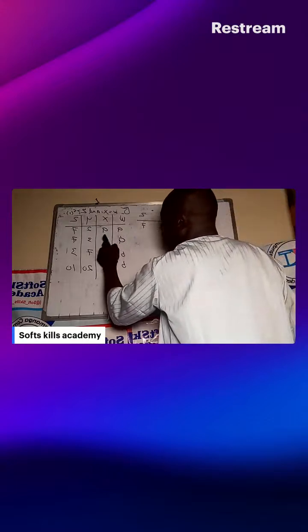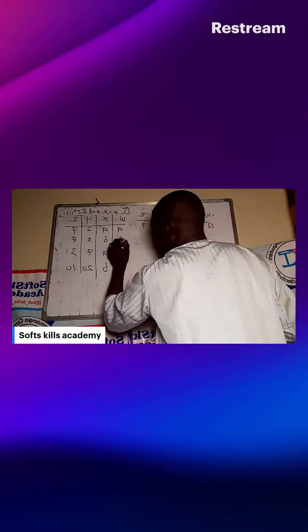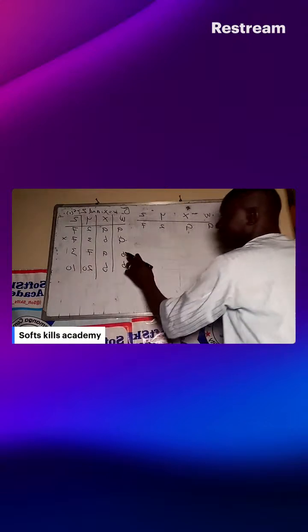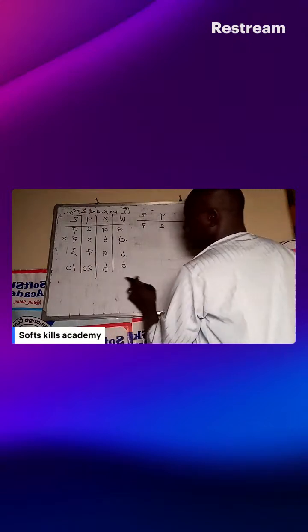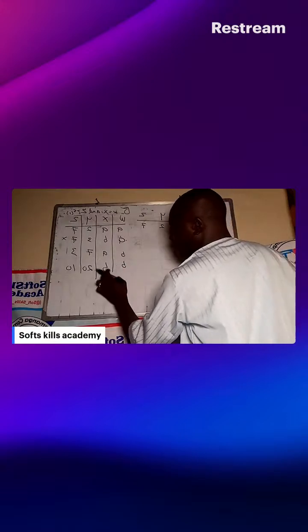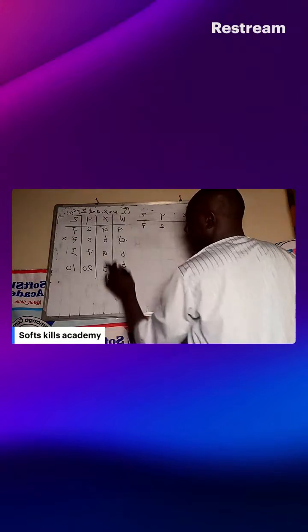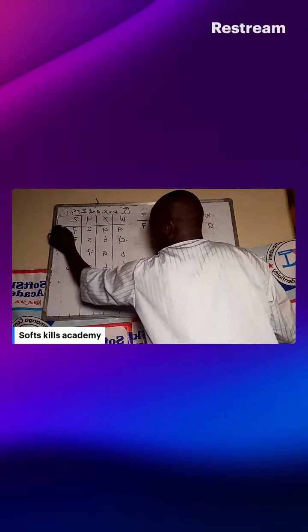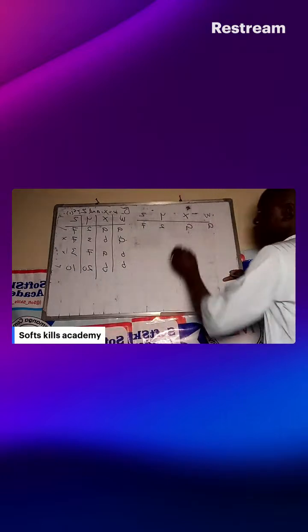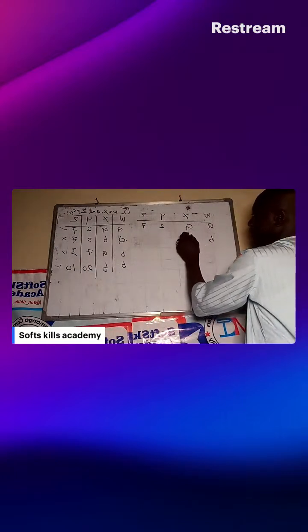So here, are they equal? They are not equal. So totally we are going out with this. Here again, they are not equal. But here, B and B, that is W and X, are equal. So we are going with this and take this, take this. So we have B